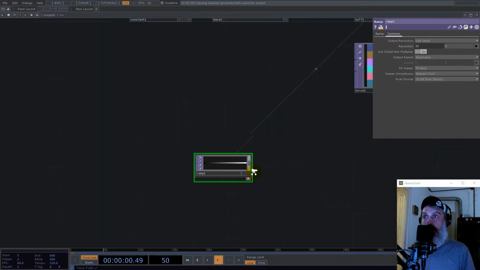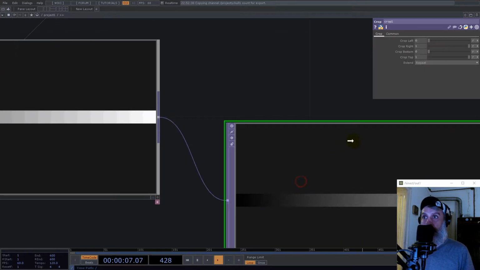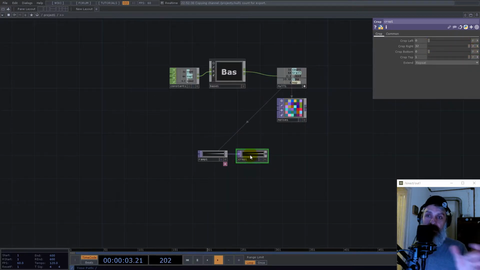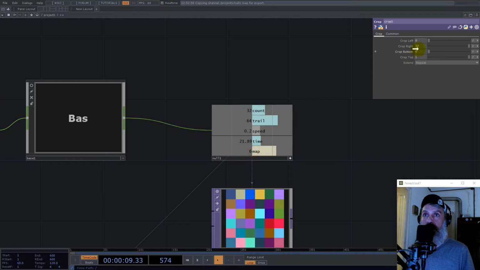Okay, and right after I use a group. Okay, and here I want to add the blank points, the empty points. Okay, so I use